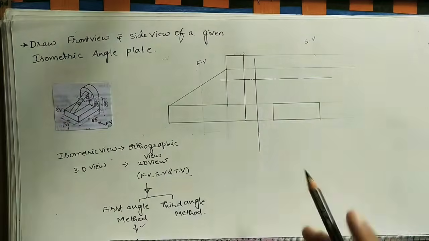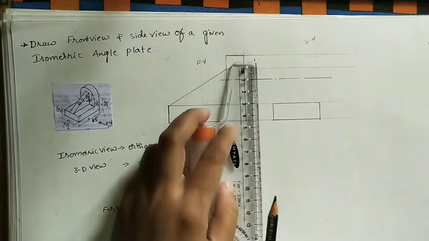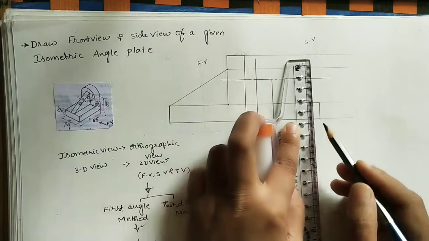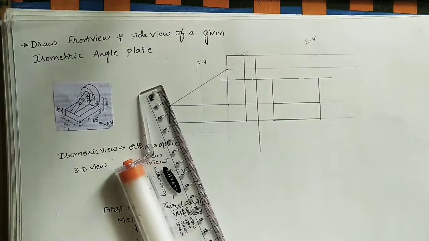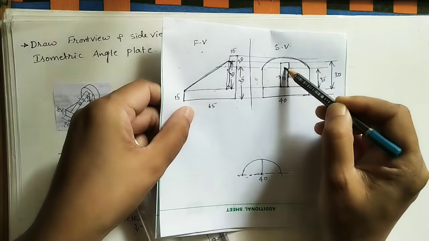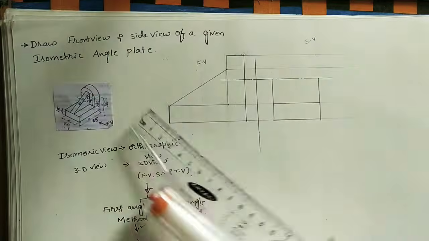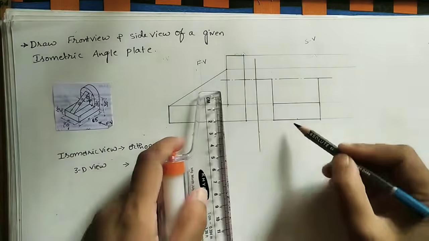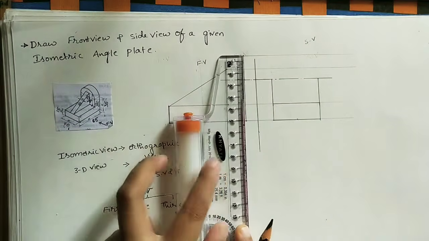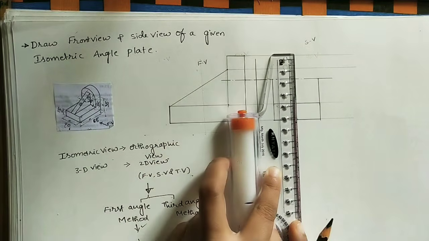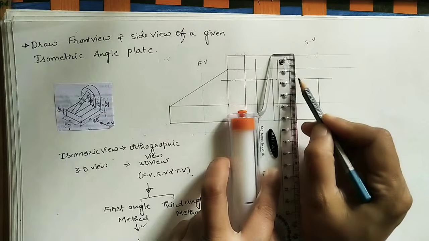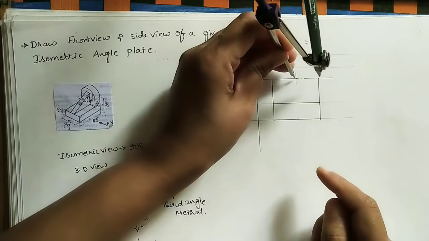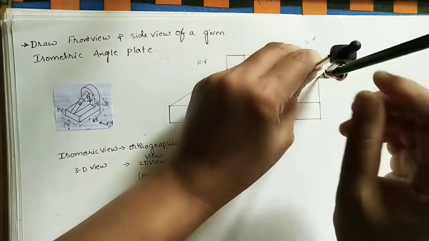Now this is the axis line. Extend this side and this side. This is the reference. Now after getting this, mark the center. Center means the middle of this 40. So the middle of the 40 means here at 20 mark one point. At 20 draw the vertical line. Any vertical line is a reference line. At 20 draw the axis line or mark the center here like this. This is the center. For getting this arc, this is the center point. Take this as the radius. Just draw an arc here.